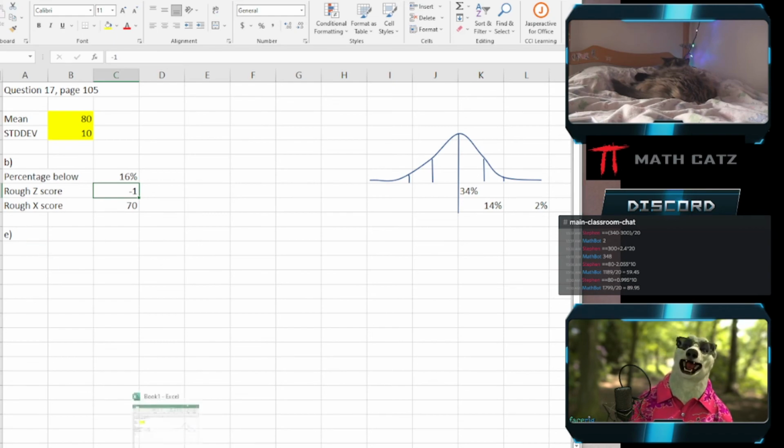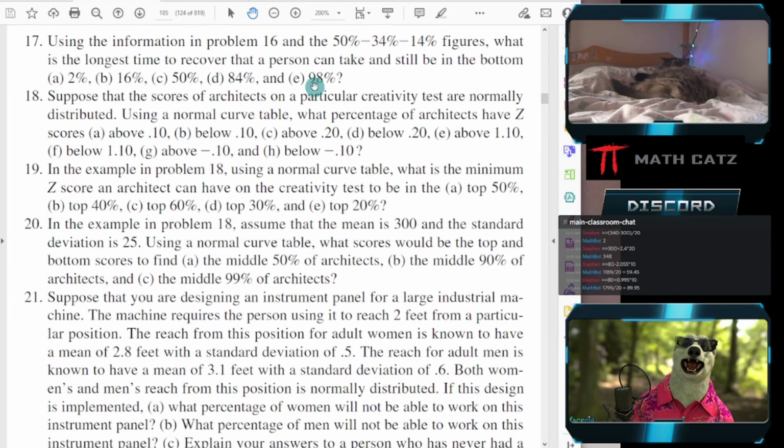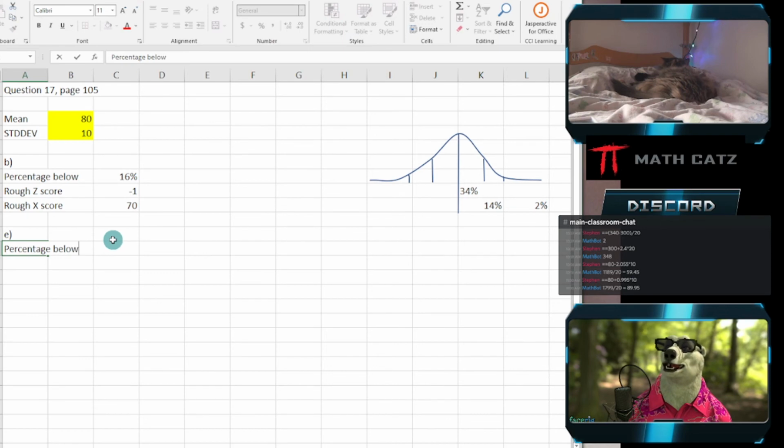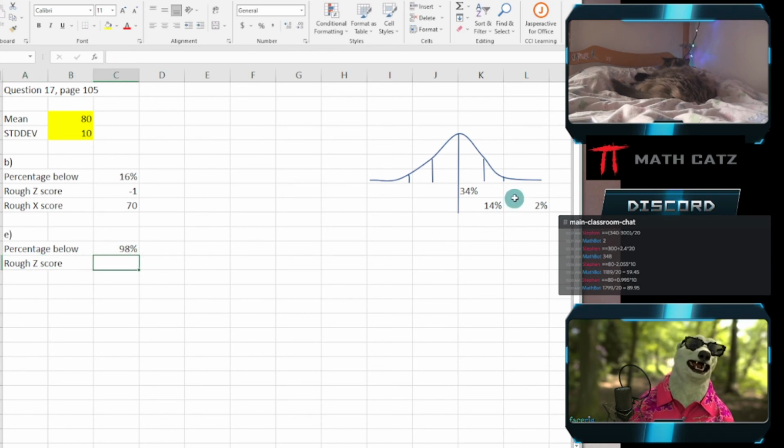Let's look at E. E, where's E? 98, so the bottom 98%. So I want percentage below, and I want 98%. I use my rough figures to guess what the corresponding z-score will be. It'll be over here, 1, 2. Then the top is 2%, so the bottom is 98. It'll be a z-score of 2. I can then